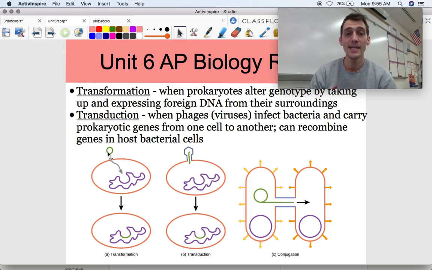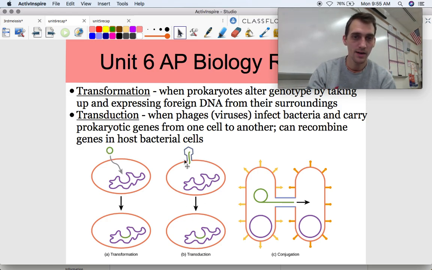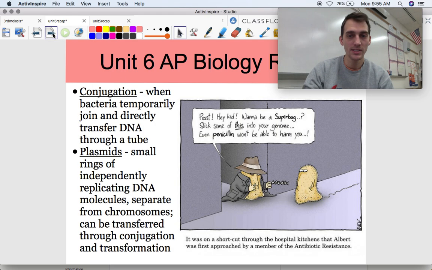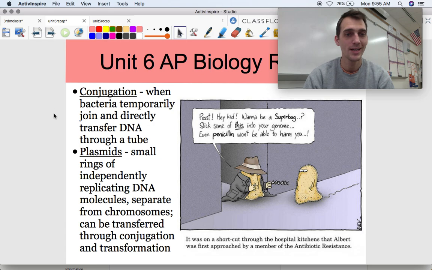Transduction is when phages or viruses infect bacteria and carry prokaryotic genes from one cell to another. So here's transduction over here. So here's a potentially beneficial gene. It's carried over from one bacterial cell to another via a virus. That's called transduction. And the third type is called conjugation, when bacteria temporarily join and directly transfer DNA through a